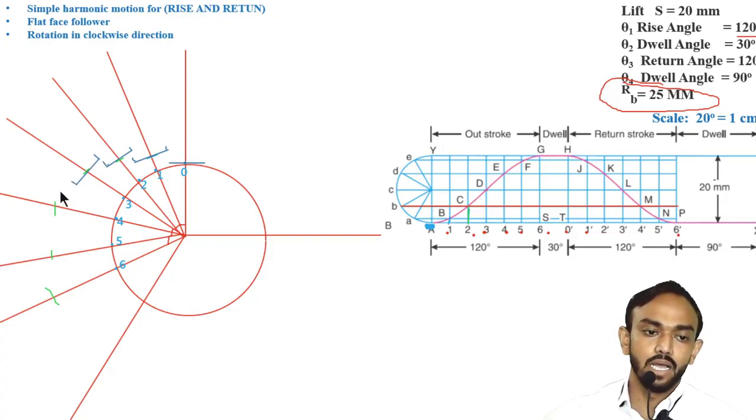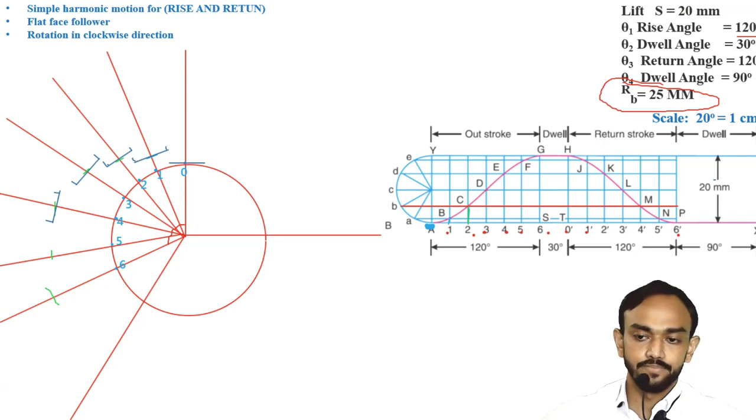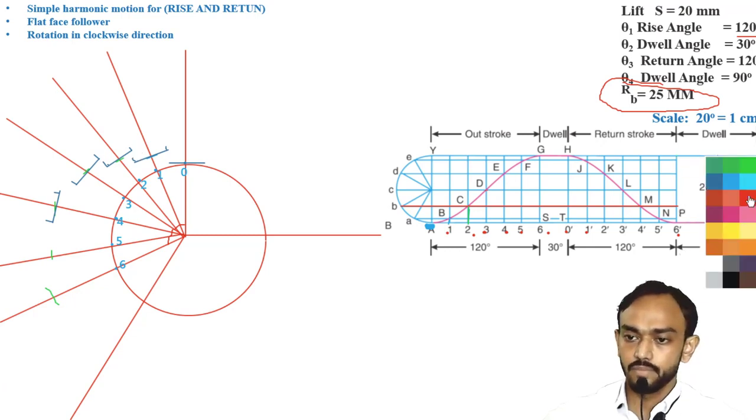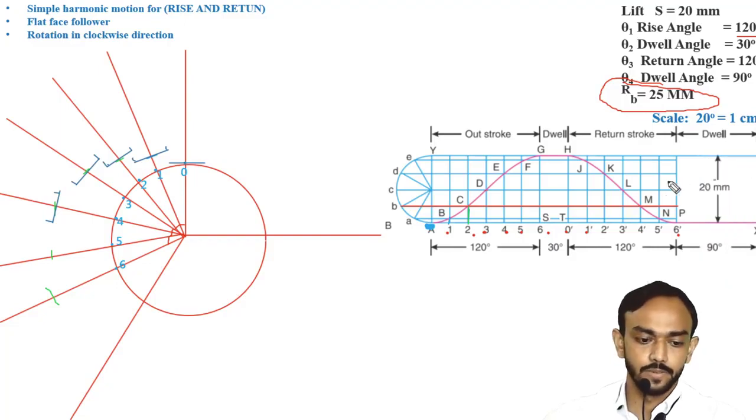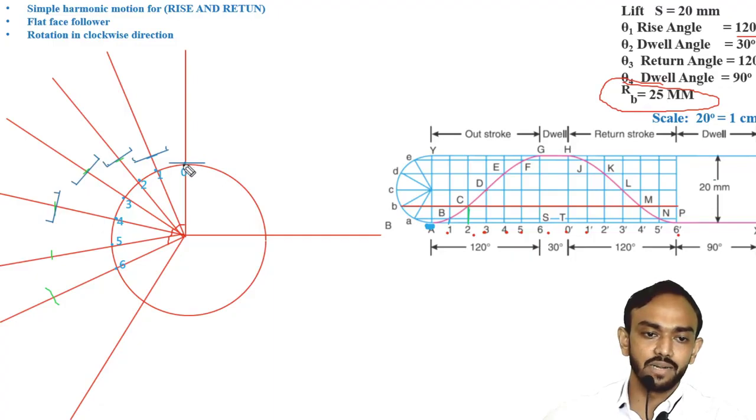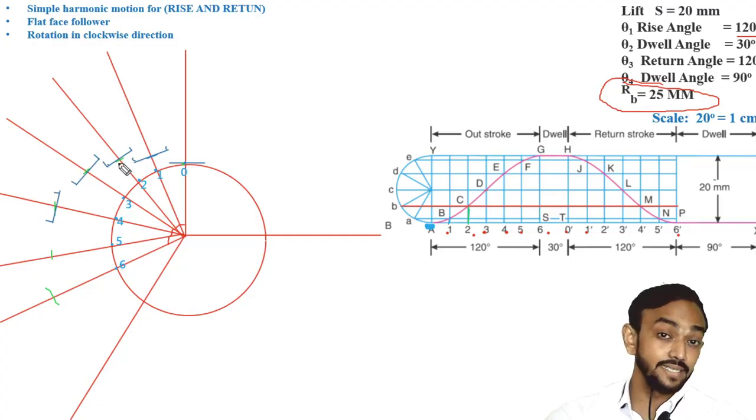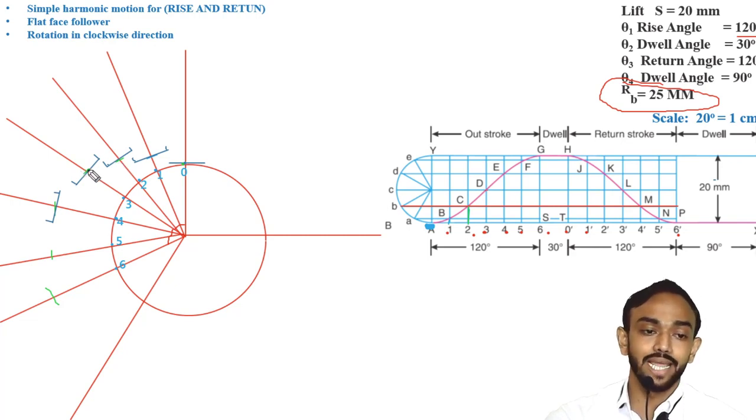Okay. Now what is the trick in this example? Whenever you draw the cam profile, when you are going to start from this point and you are drawing the profile, it is not necessary to draw through the line. Okay, we have to draw this line tangentially touching every flat face.